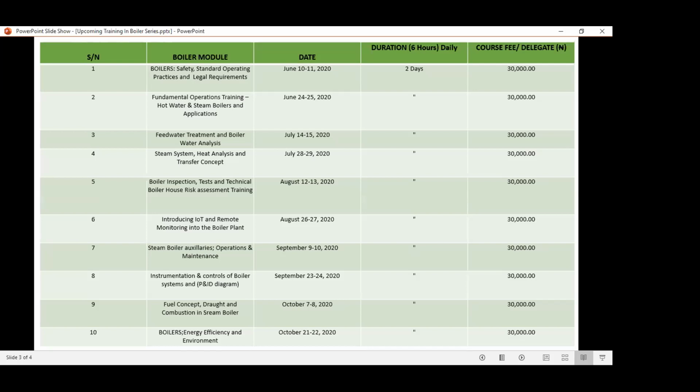The reason is we want to make the classes as interactive as possible. We can't allow people to speak in this forum because this is just like a testing of water. This is like a dive into the intro of the boiler system. We can't go into details here. We can't discuss all your challenges here. We can't address all the questions that you are raising here. But